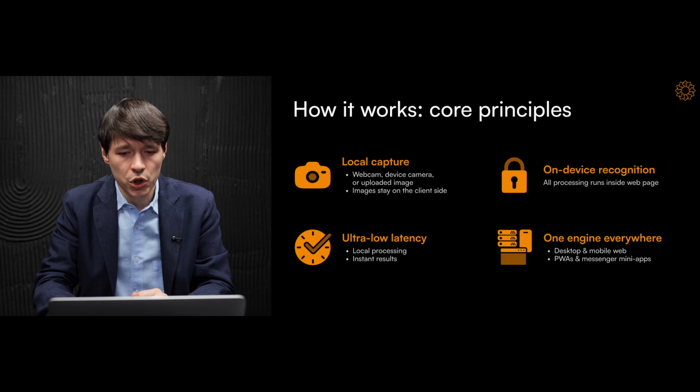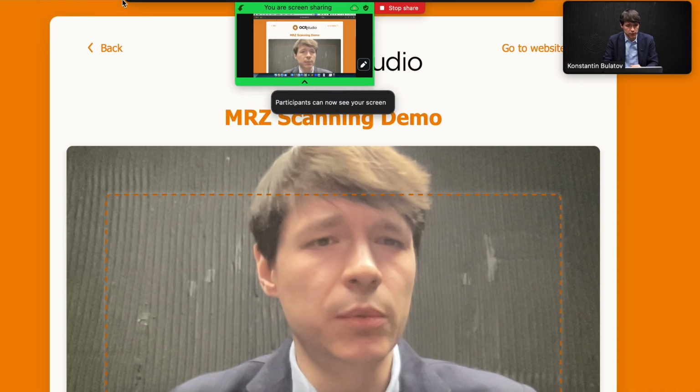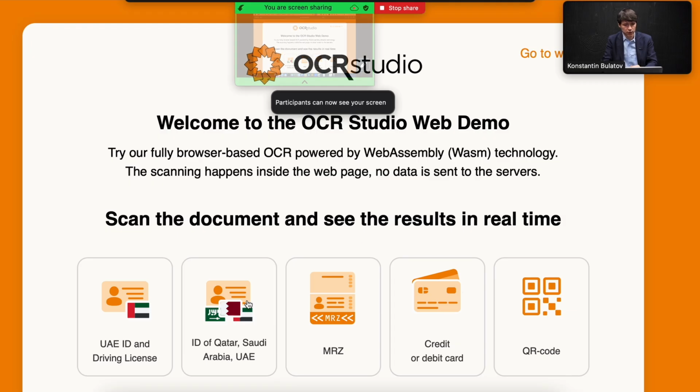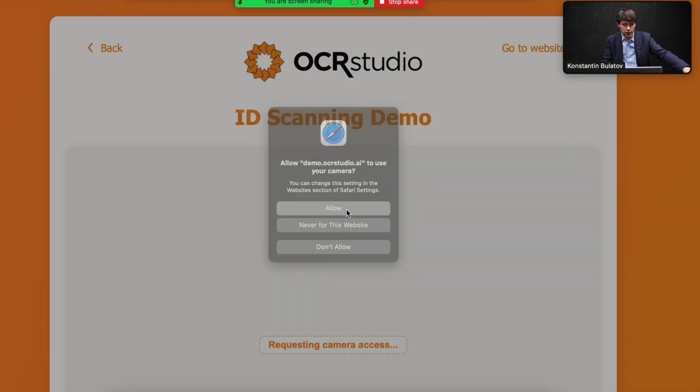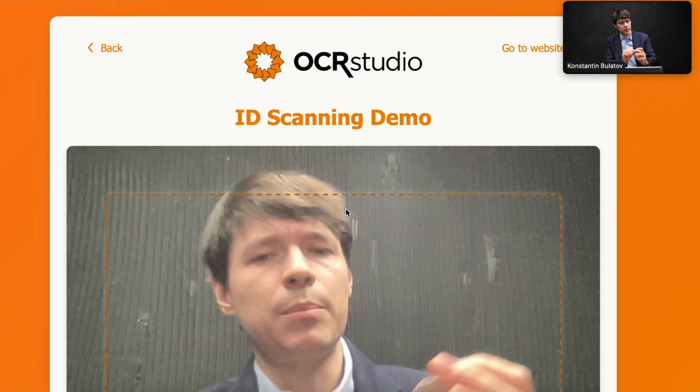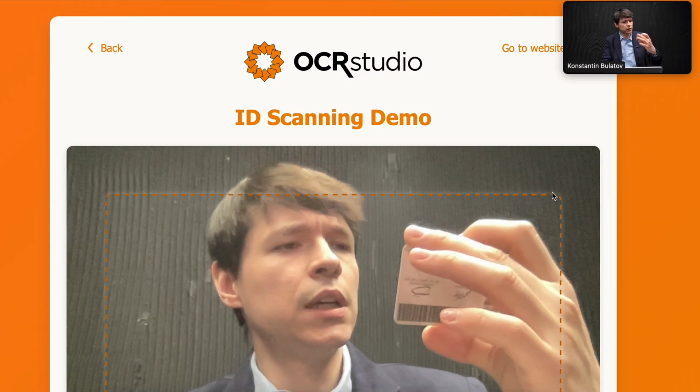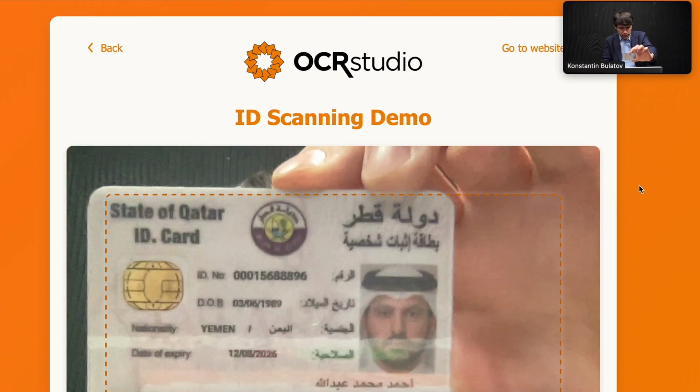So let me show you how the same page works. Let me again share my screen. Now this is the demo from before. Let me now try. This is a sample of an ID card of Qatar. It has numeric fields in English and fields in Arabic.